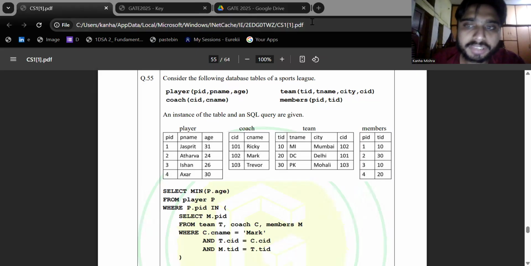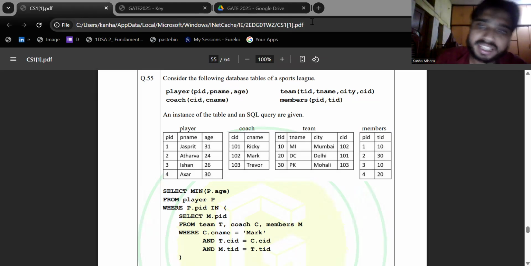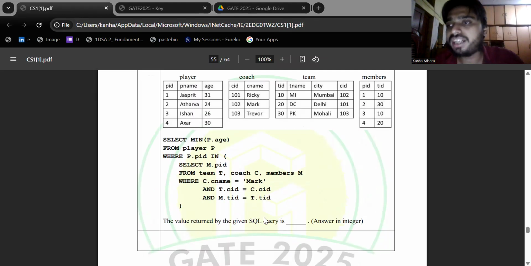Hello everyone, let's solve GATE paper CS1 question 55 of 2025. Consider the following databases of the sports league: player with player ID, P name, PID, PH; team with team ID, T name, city, and CID; and coach with coach ID and coach name; members with PID, player ID, and team ID. We are given a query here and we need to tell what value is returned by